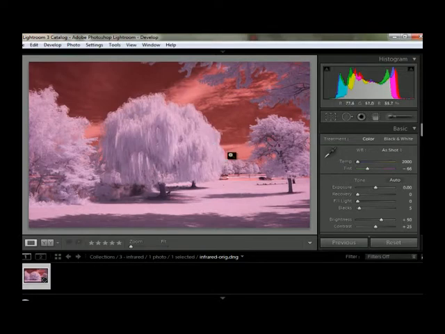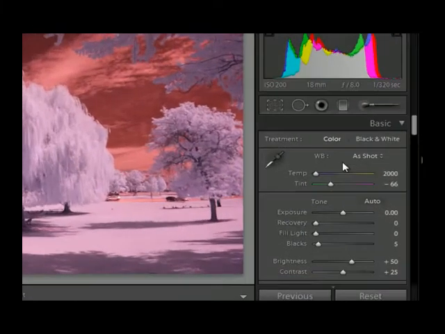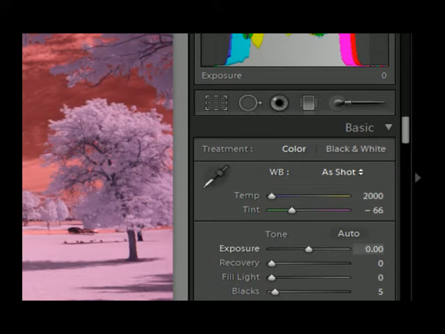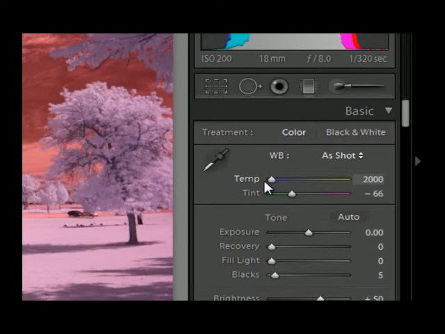See, this is an infrared photo that I took, and as you can see, it has a very red hue to it. Over here, I'll show you. I'm in develop. The temperature, it's down as cool as it can go, and yet it's still very warm. As you can see here, the reds are way over to the right and most of the blues are over to the left, meaning there's not much blue, but there is a lot of red. So we're going to need to fix that. But we can't move this temperature down any farther. So what we need to do